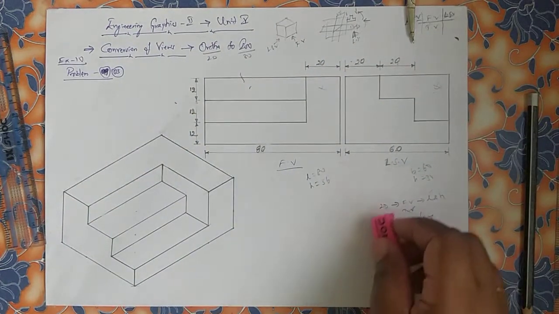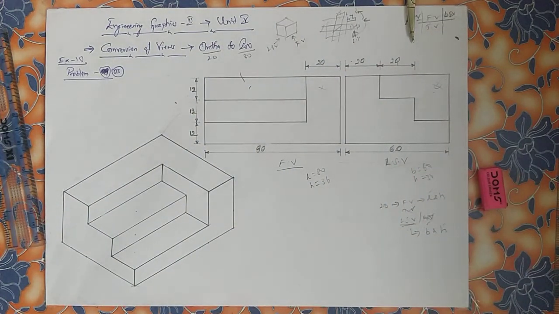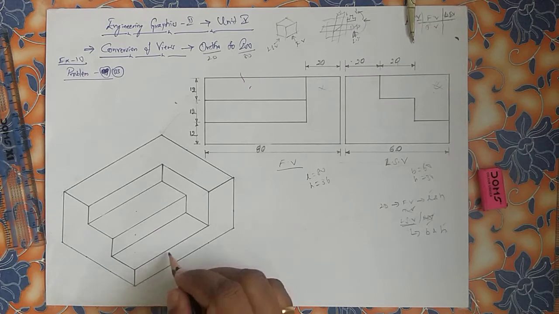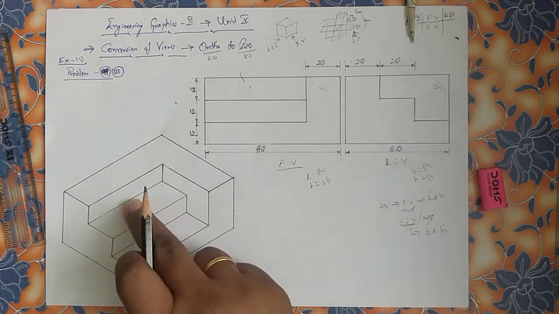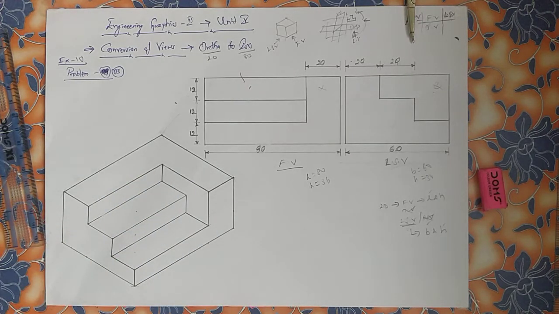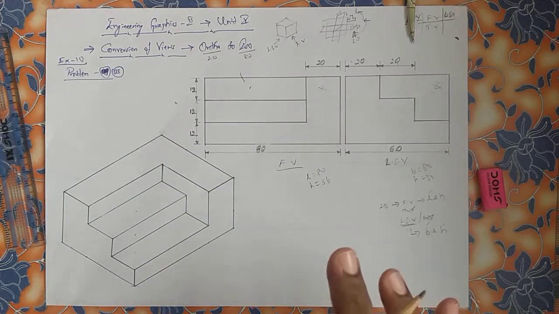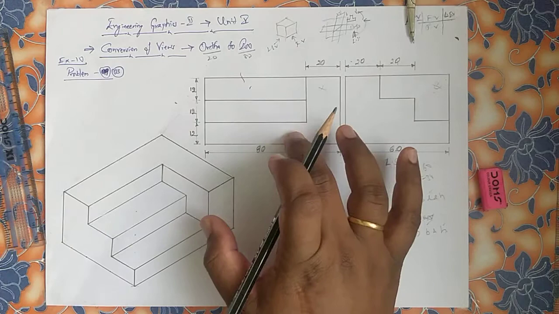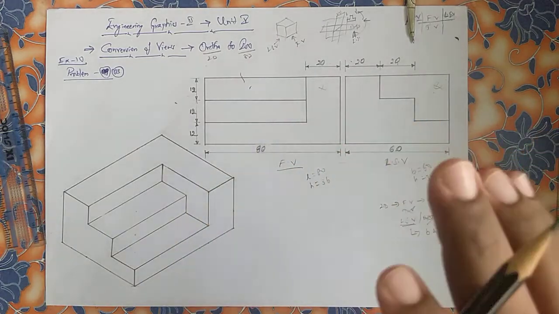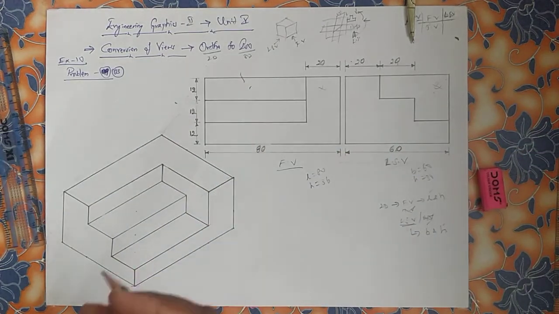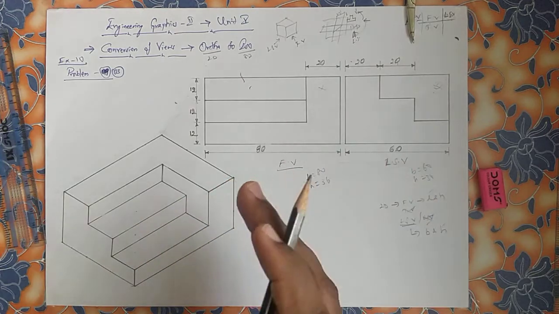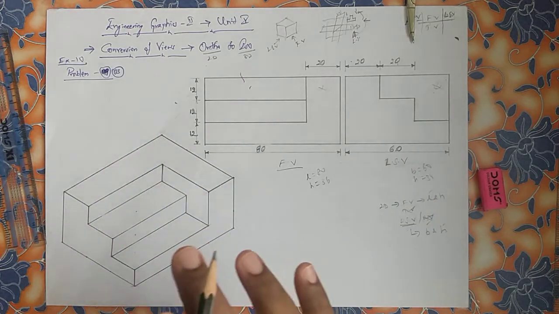See, here comes the final three-dimensional view. As you can observe: length, breadth, height, step height, step height. This is the same figure which you have practiced from 3D to 2D. It depends upon analysis of the front view and top view, and you should already have some experience of how to convert this and how this outer look will be visible.